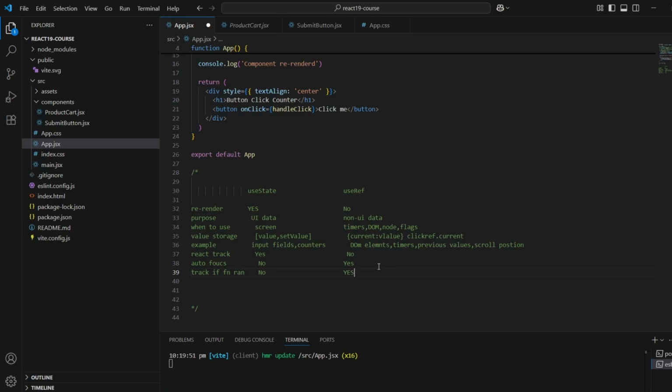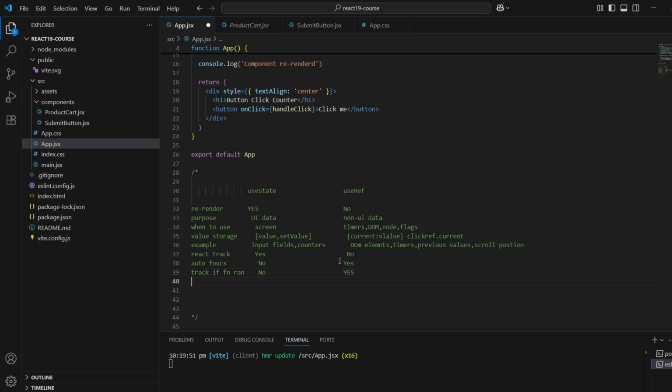In that case, you don't want to call the API every time any state within the component changes, right? So you always have to track it with useRef, so that you only call the API once. So in that way it is very important to use useRef.